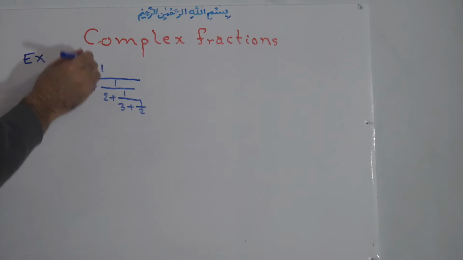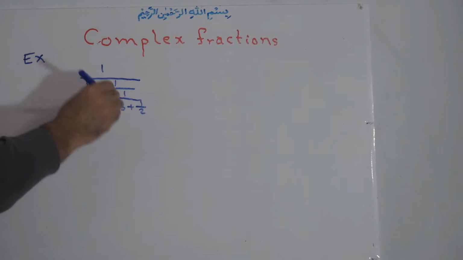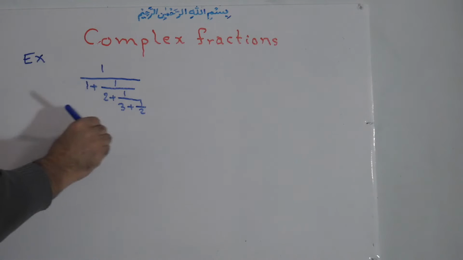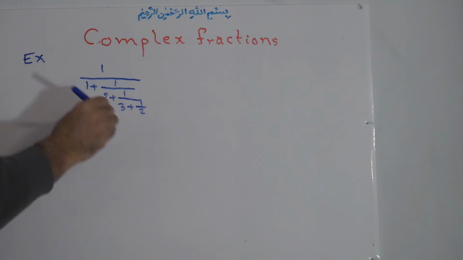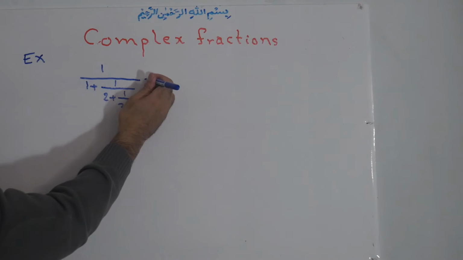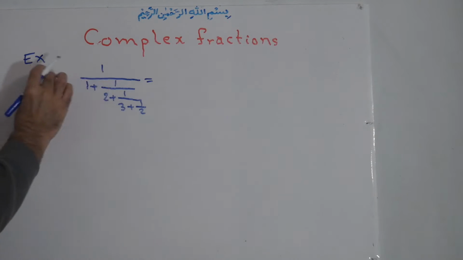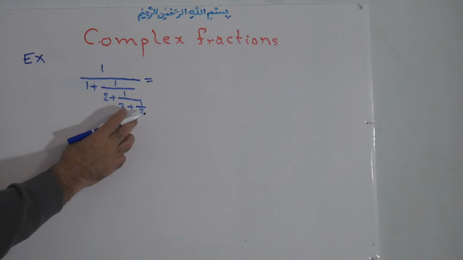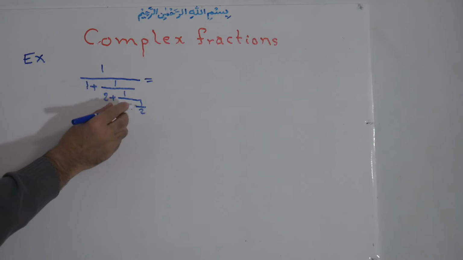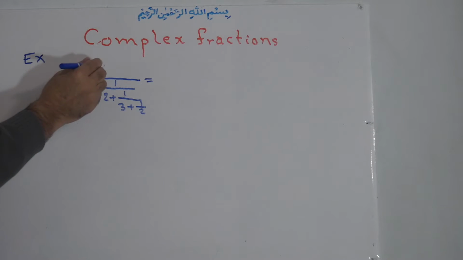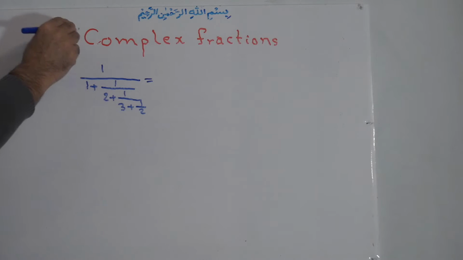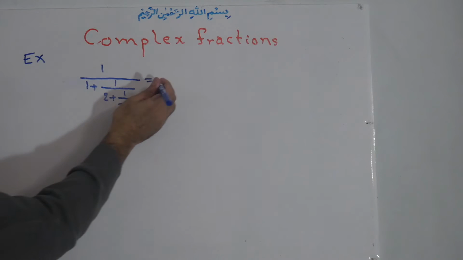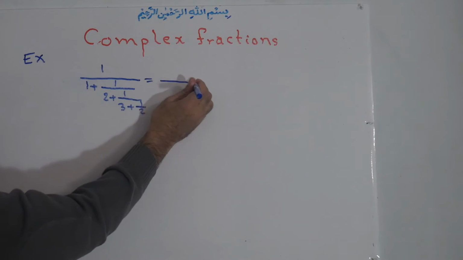Sometimes the denominator is also the same as the numerator. 1/1 is like this. What we do: the longest line is the line for the main fraction, and we start from the very bottom, and step by step we simplify it. Also, if there is the same thing, we start from the bottom at the same time. Now this is